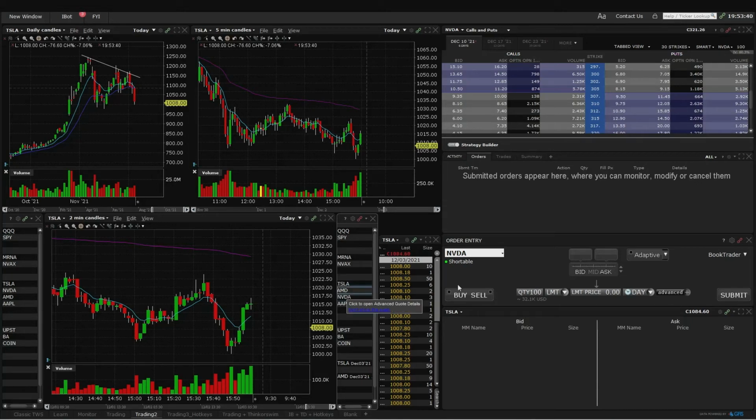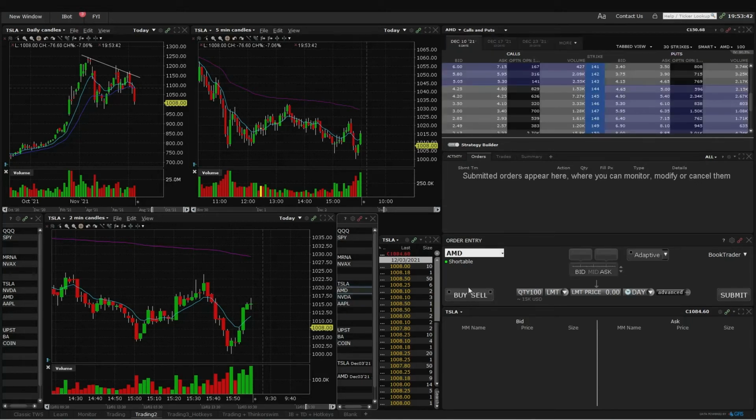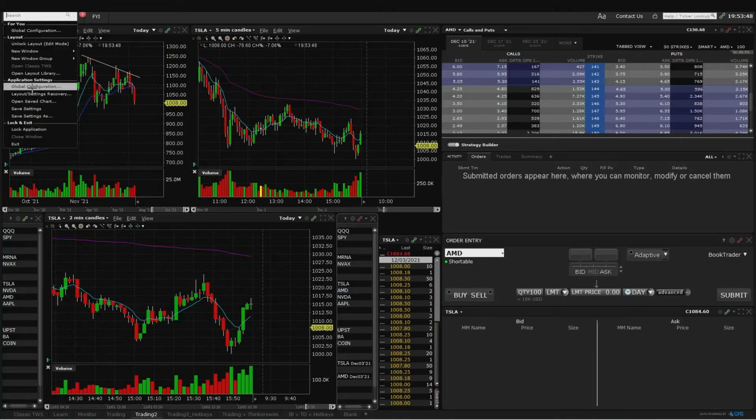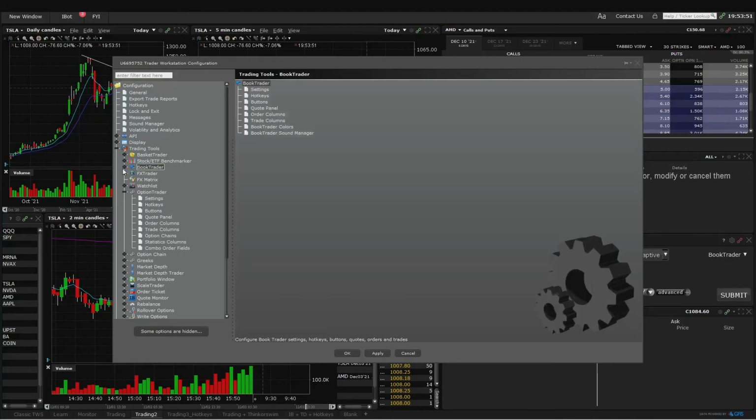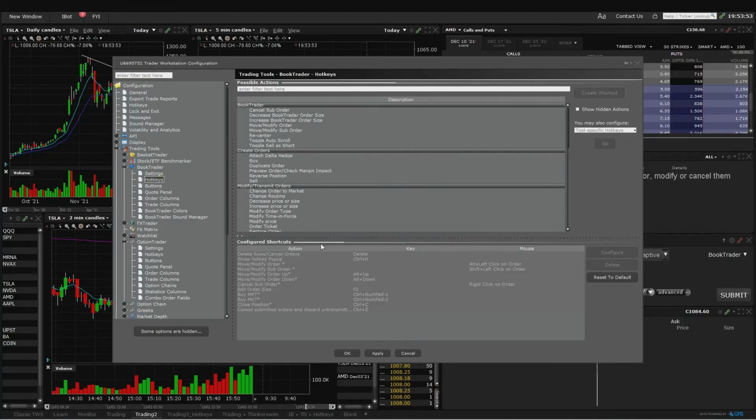Once you select AMD, it will load up the AMD ticker symbol here, and you don't need to click any other buttons. Once you set up the hotkeys for that particular book trader, if I go to book trader here and select hotkeys, the hotkey setup is the same. There is no difference for options or stocks or anything. You can select, instead of 10 or 5, 100 stocks or 200 based upon